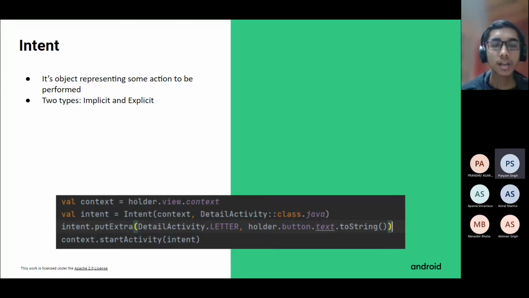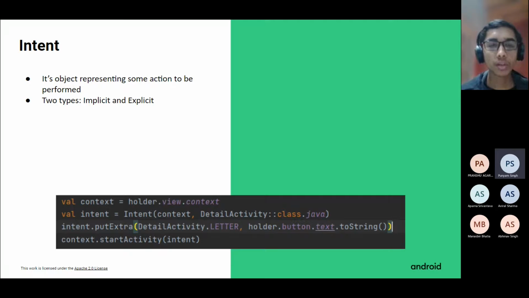And then you have holder.button.text.toString. What this does is it gets the value of the text in that button. And then after that we call context.startActivity with this intent. All right, so what these four lines do is they basically start another activity, and pass the arguments using putExtra. Okay, so this is an example of explicit intents.